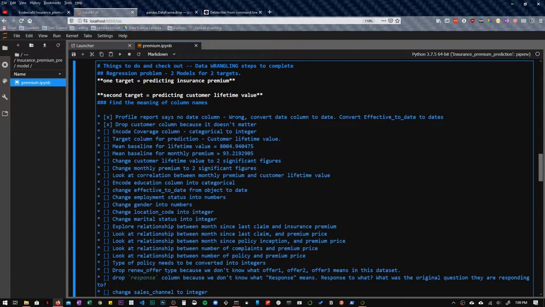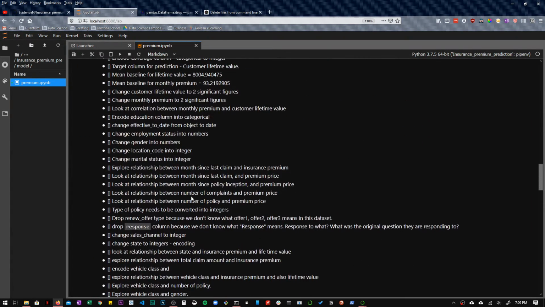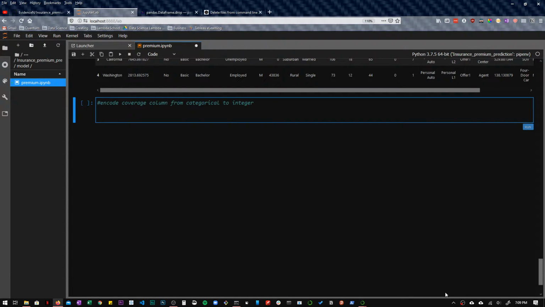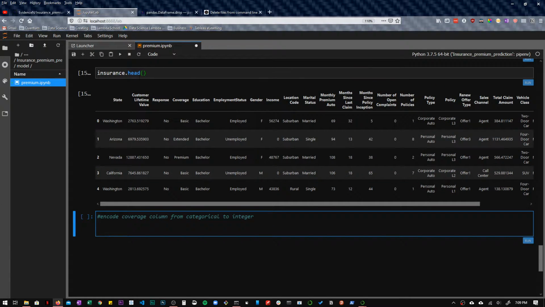So encode coverage column, and then change customer lifetime value to 2 significant figures. Interesting. So I'm going to encode coverage column, which is categorical to integer. Let's start with that. Coverage. Okay, so right here,